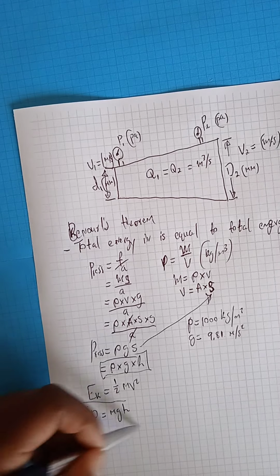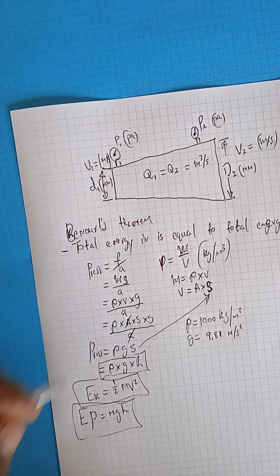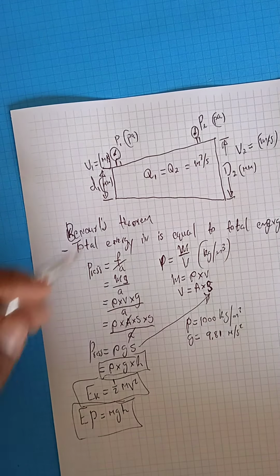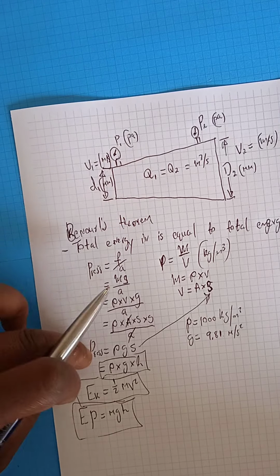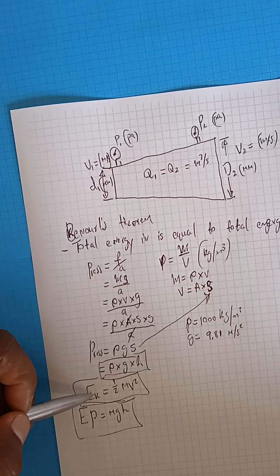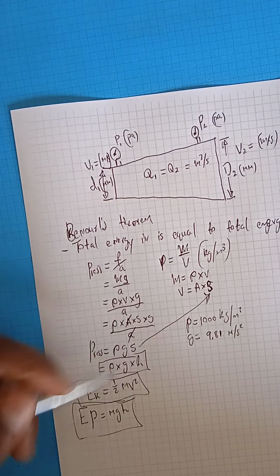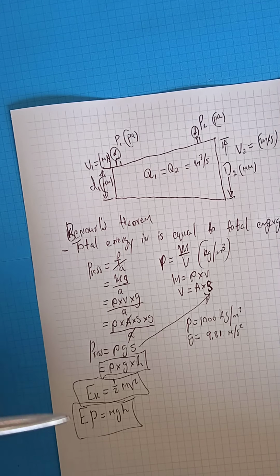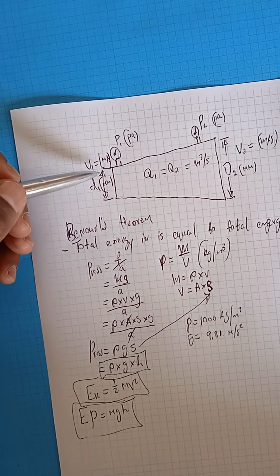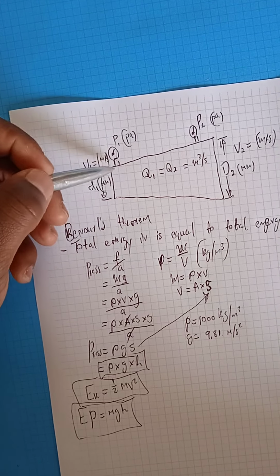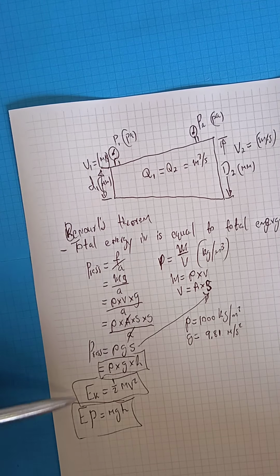Now we look into these formulas, good people, whereby we experience pressure energy, we experience kinetic energy, we also experience potential energy this side. Now, potential energy, it's energy due to the position, which is the inlet, and then kinetic